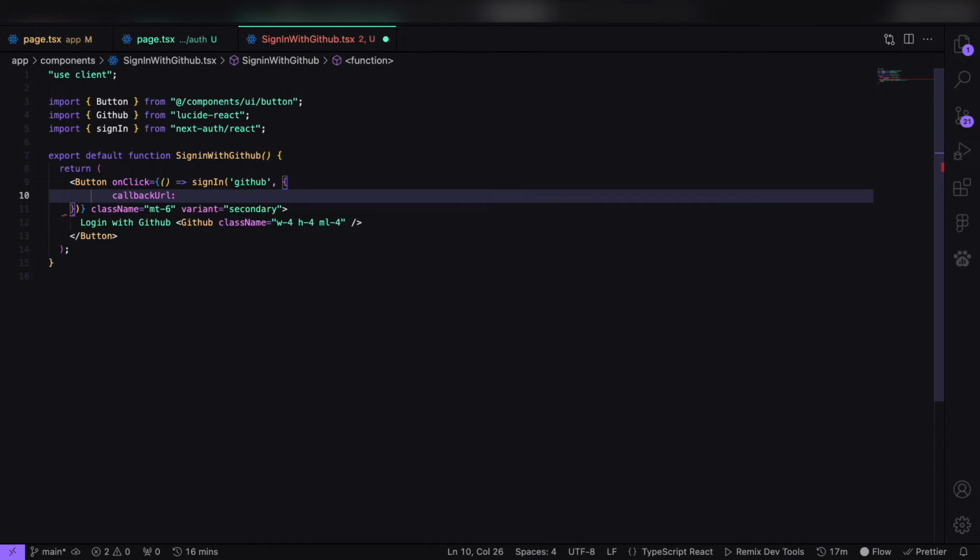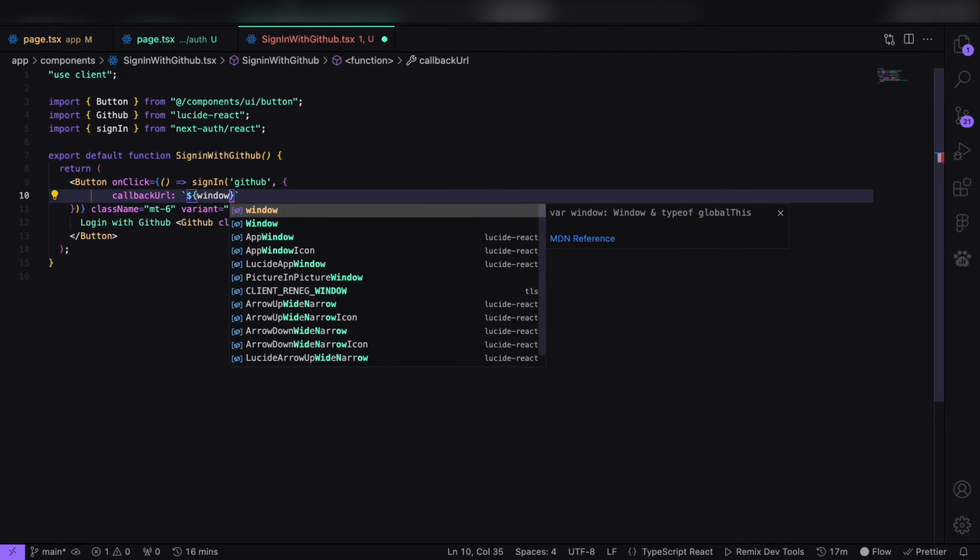Now the callback URL has to be an actual URL, not an absolute path. So I can't just give it right here /home or something like that. It has to be an actual URL. And now the thing is, of course, if we're in a development environment, the callback URL will be localhost 3000. But if we deploy our application, this callback URL would of course change. Now there's a very easy fix, instead of hard coding it. What we can do is right here use these backticks, I don't even know how they are called. Then we can use this dynamic value and get the